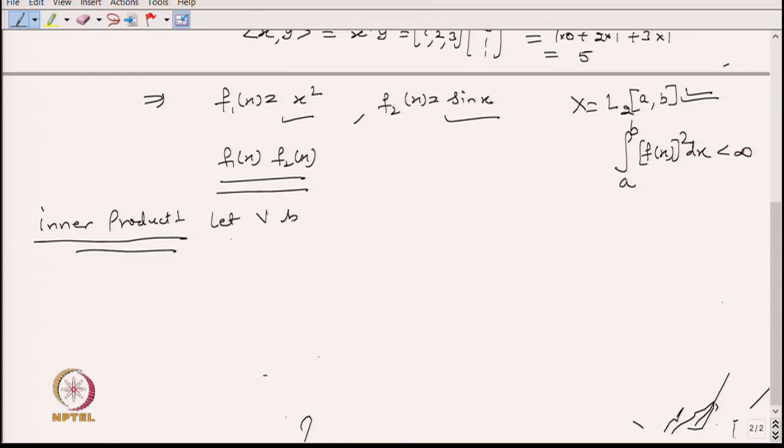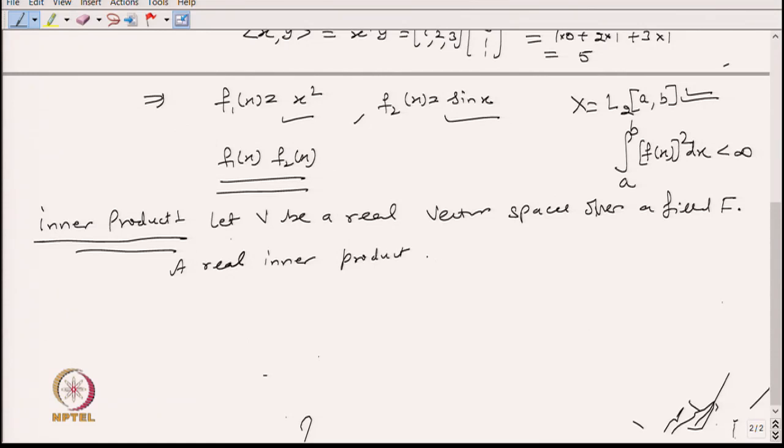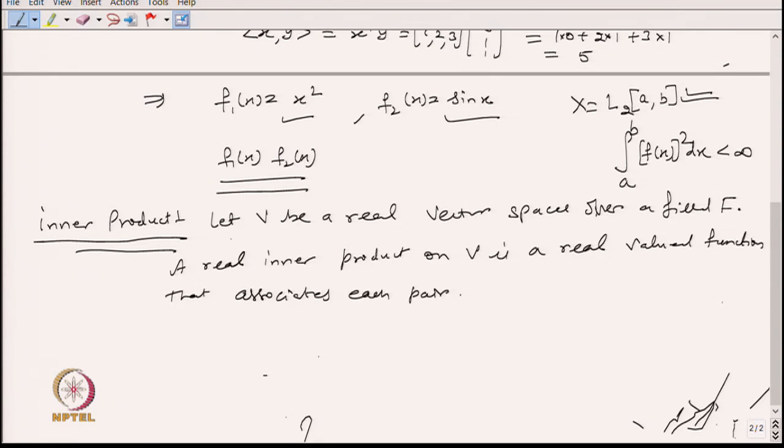Let V be a real vector space over a field F, then a real inner product on V is a real valued function that associates each pair of vectors, I call them x and y, where x and y belong to this vector space V, a real number. That we represent by this sign,